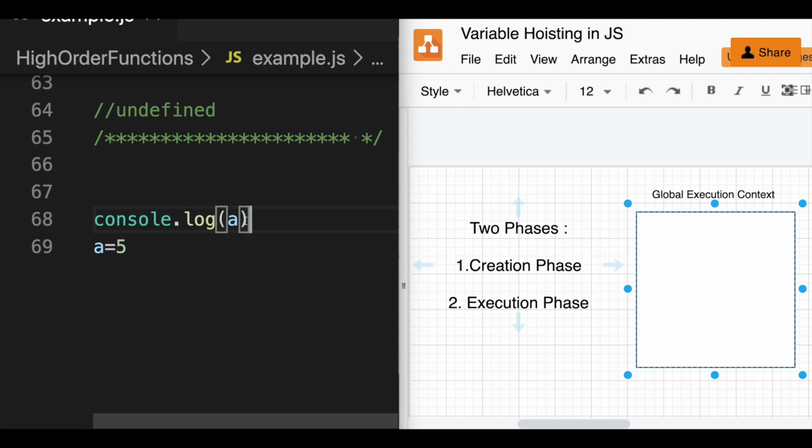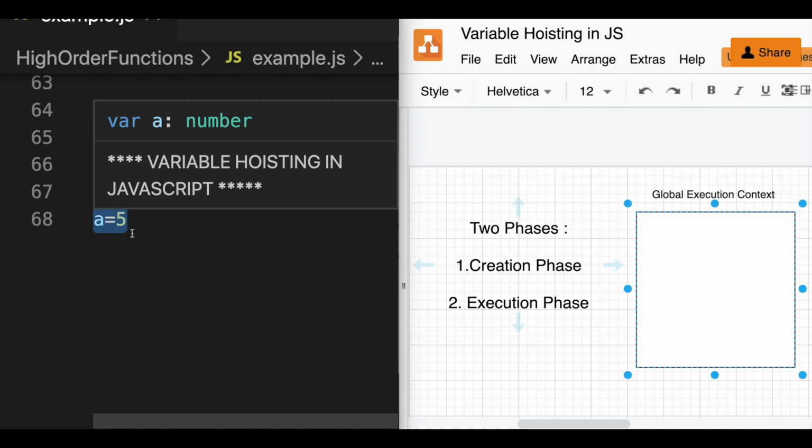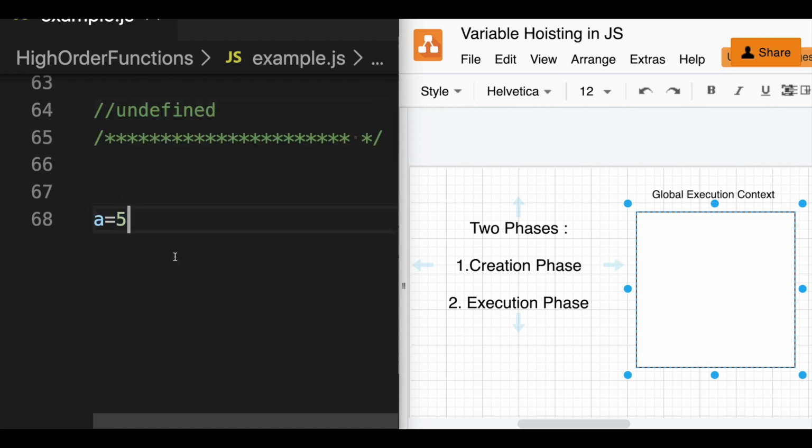And remember that sometimes you are not printing something, but let's say you are just writing A equal to 5 and you don't declare that variable. I'll tell you why that also works in JavaScript, that you are able to just assign a value to a variable without even declaring it. In your creation phase, this particular line would be ignored because this is an assignment. Now comes my execution phase.